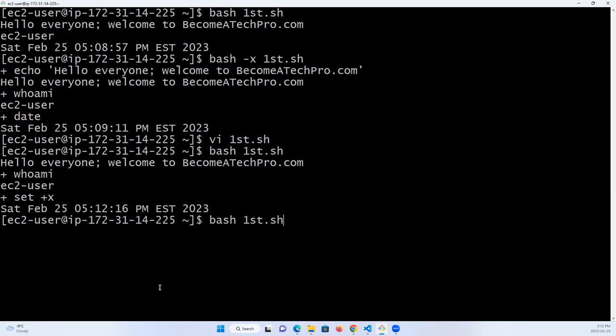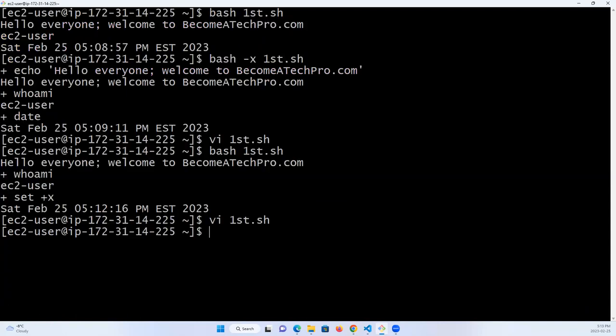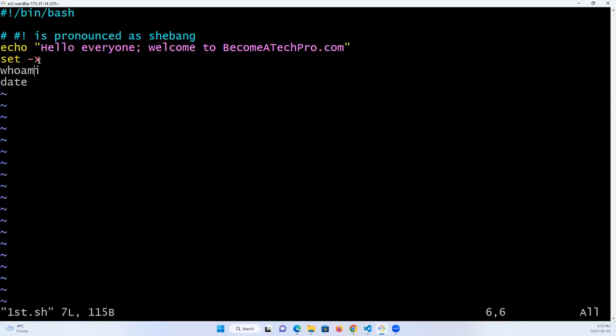But what happens if we go back to that file and take this out, and we decide to do this and run it? Let's go back to the file. What we have here is that the first line did not run in debug mode. The second line is running in debug mode. Even the third line, for date, is also running in debug mode. So what you notice is that if you look at this file, set -x, anything under will run